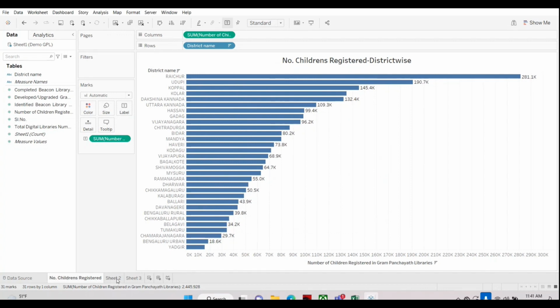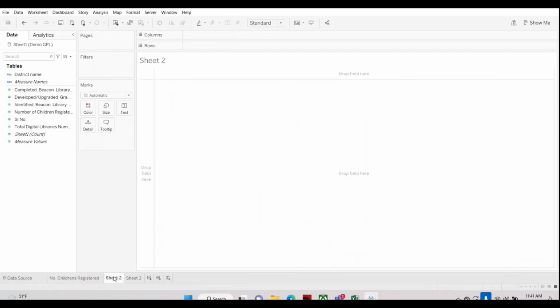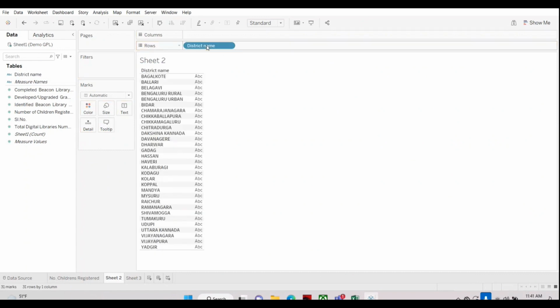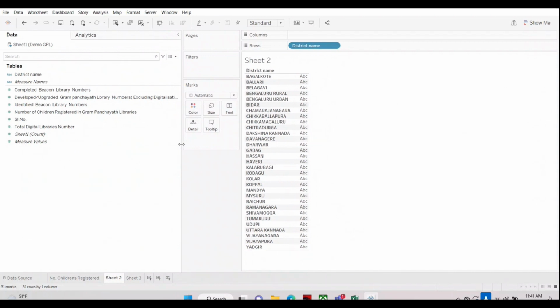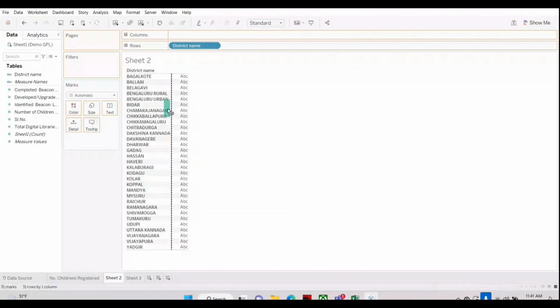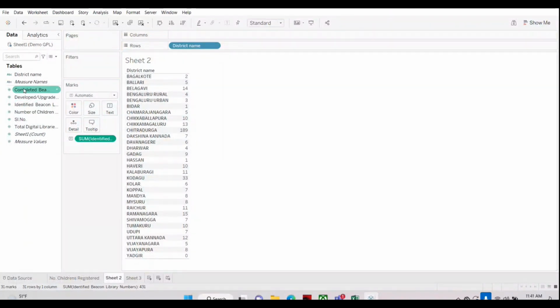Okay, and this is sheet 2. Now we want the problem. Now we are taking district. We want identified number, and similarly